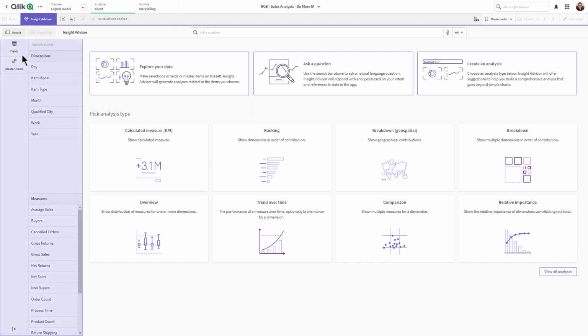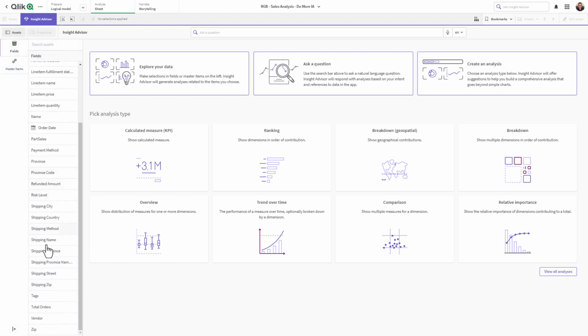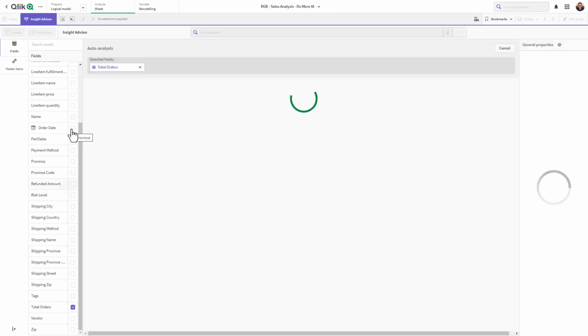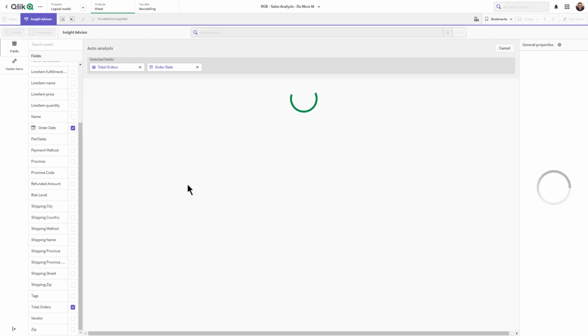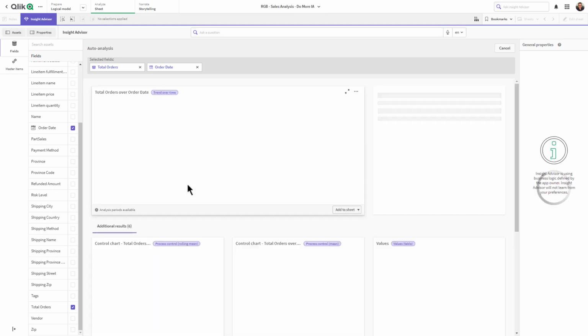Okay, and just to correlate the two with each other in the Fields section here, if I just chose, for example, we just want to look at total orders by order date, I needed to select these, and Insight Advisor is going to produce a chart. Now, most likely it should produce a line chart because we're looking at a trend because we have a time period dimension, order date, and total orders is our measure. So now we're looking at total orders over time,